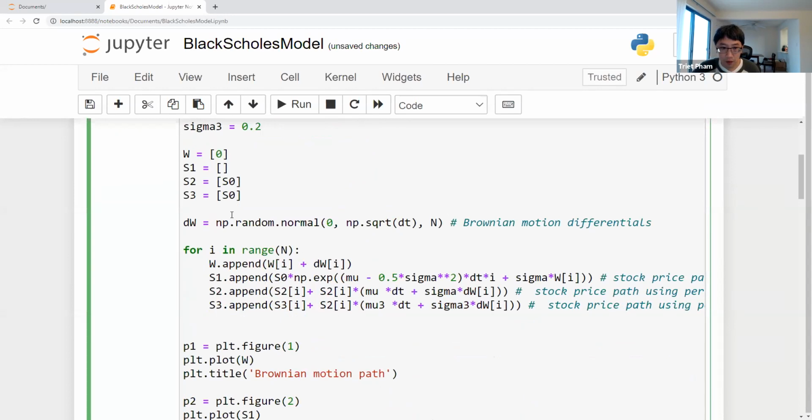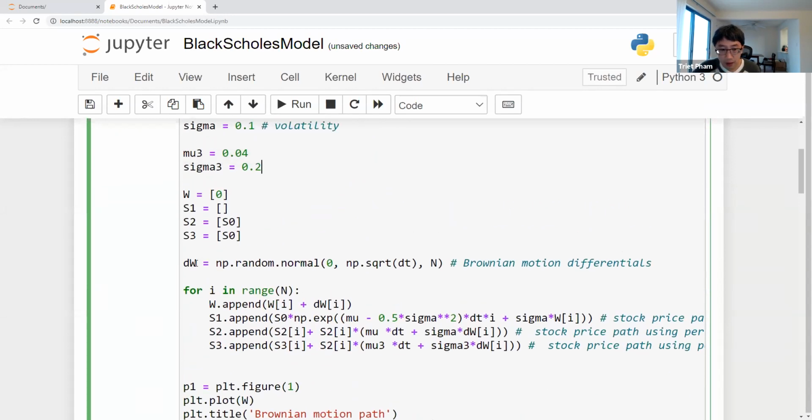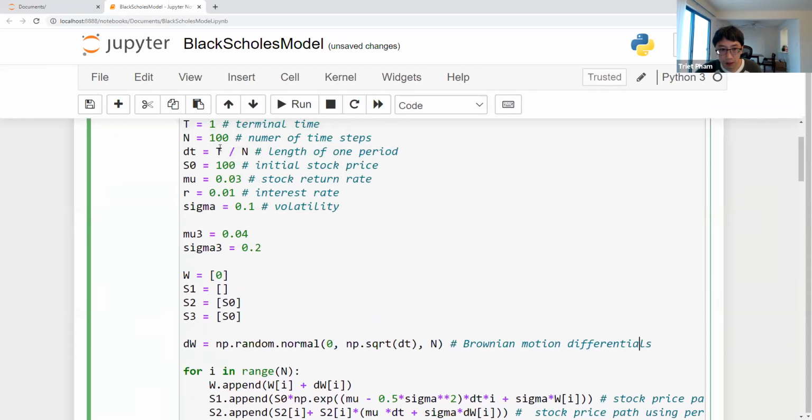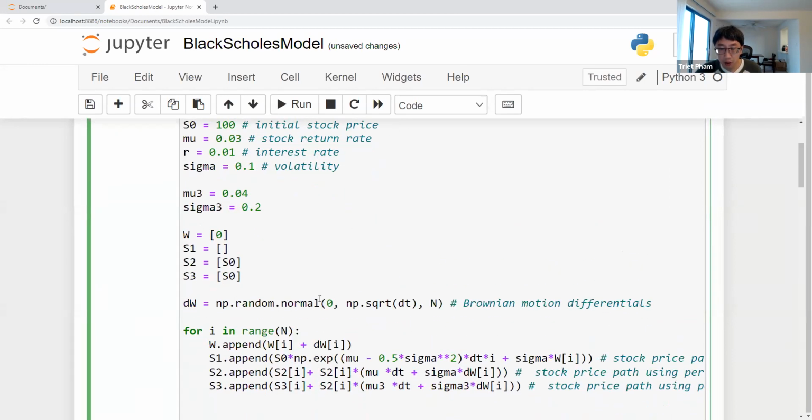So here, right? Right here is exactly where I simulate the dW that I told you about. So this simulates, here, I guess 100, independent normals with mean 0 and variance dt. So this is the standard deviation, that's why square root. Okay, and then I just go through the time, and I just keep adding the differentials to the previous time point. And in doing that, I generate my Brownian motion.